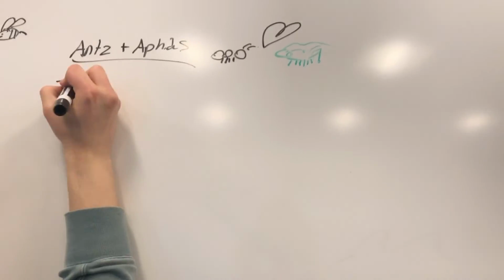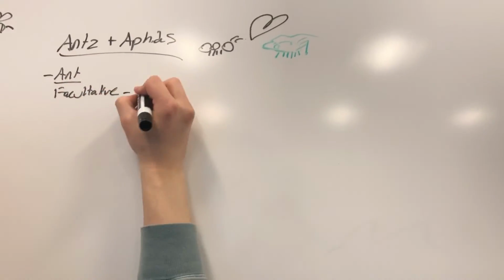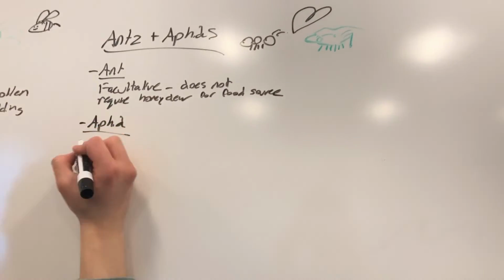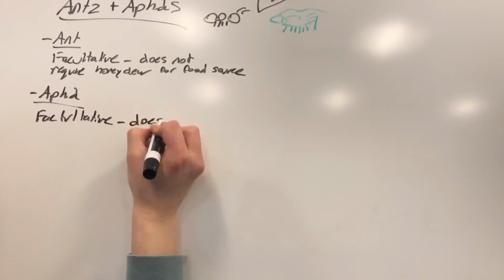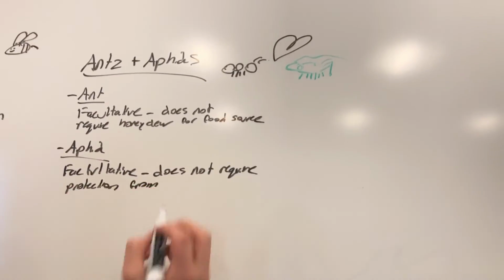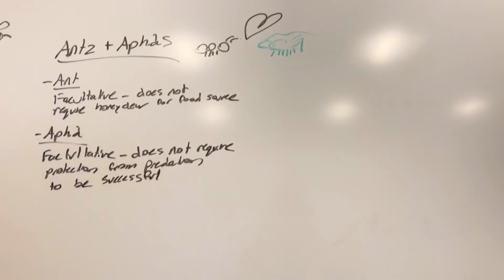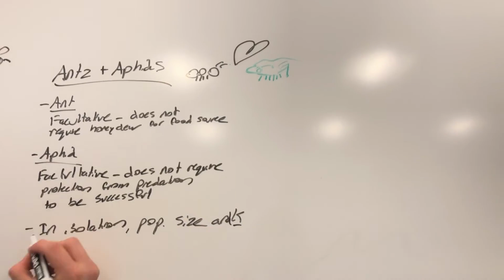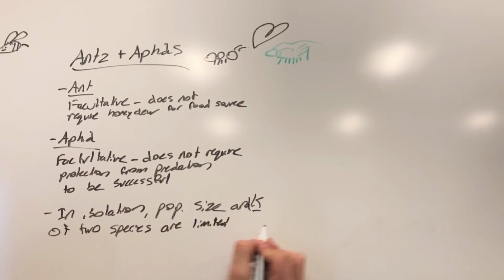Some ant and aphid species share a mutually facultative relationship. Ants will farm aphids for a honeydew waste product the aphids create, while aphids benefit from the ants because they receive their protection from predation. The ants, however, do not rely on the aphid honeydew as a food source, and while aphids benefit from protection, they do not require it to maintain and grow their population. Therefore, in isolation from each other, the population size and carrying capacity of these two individual species would likely match